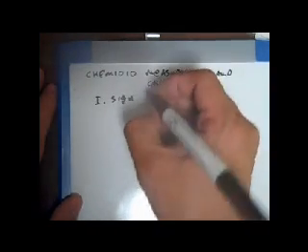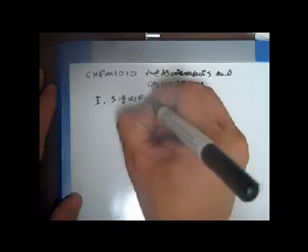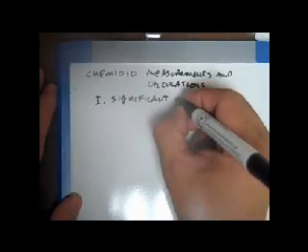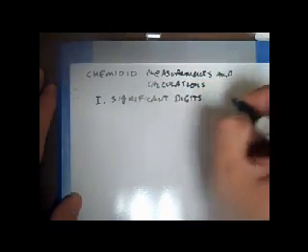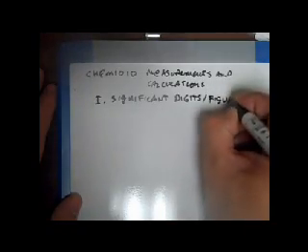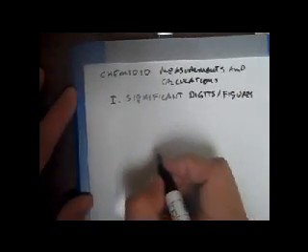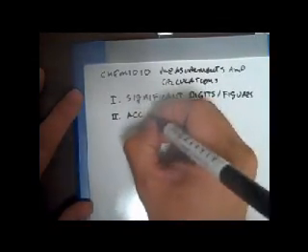The first is the concept of significant digits or significant figures. And then second is the idea of accuracy